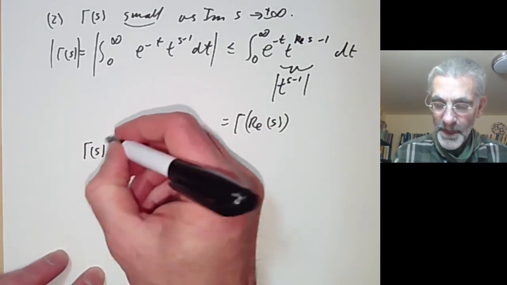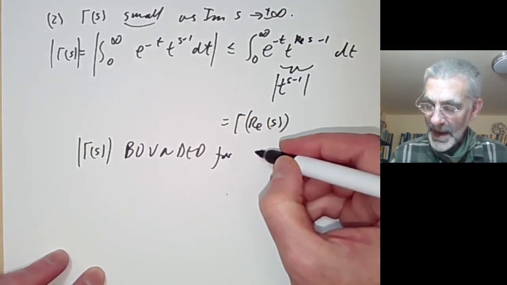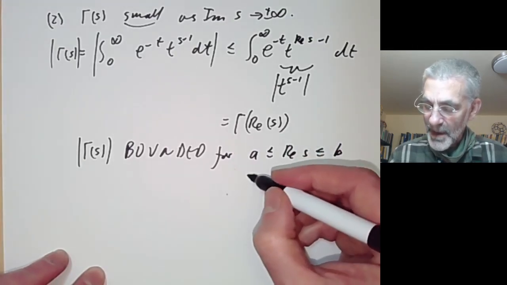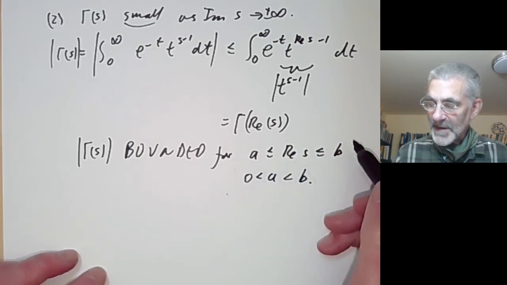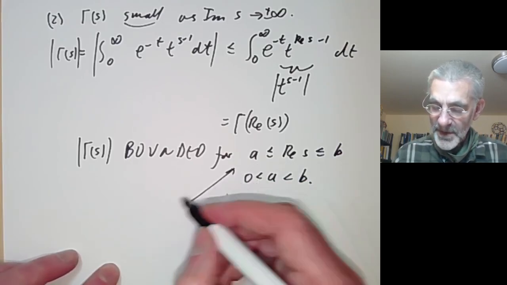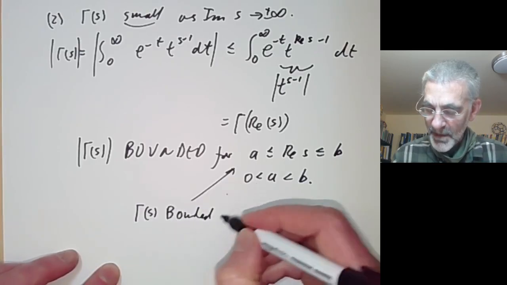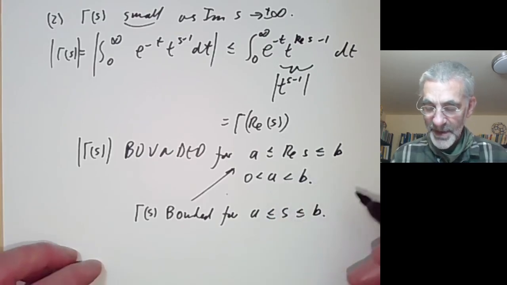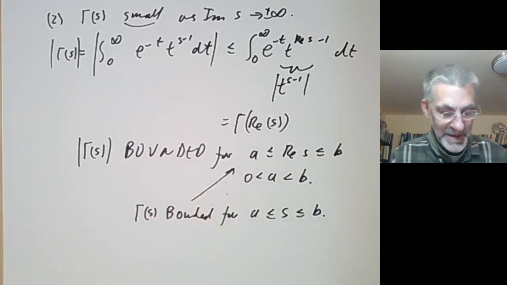So gamma of s is bounded for a less than or equal to the real part of s less than or equal to b. Here we take 0 less than a less than b. And the reason for this is that gamma of s is bounded for a less than or equal to s less than or equal to b in this region. So we've shown that gamma of s is bounded in these strips,